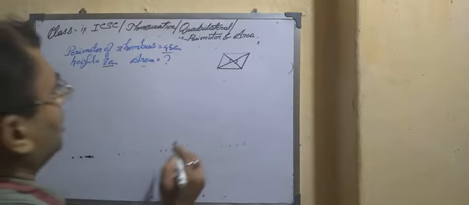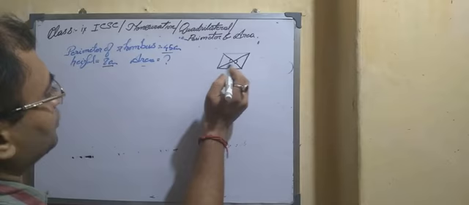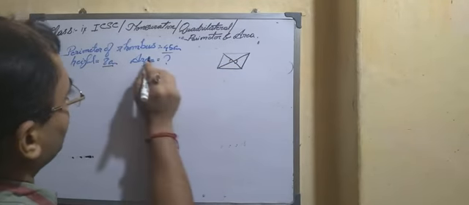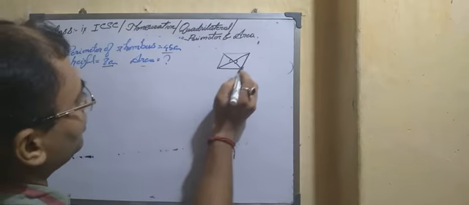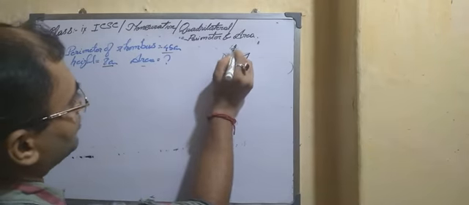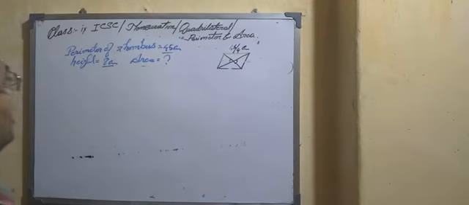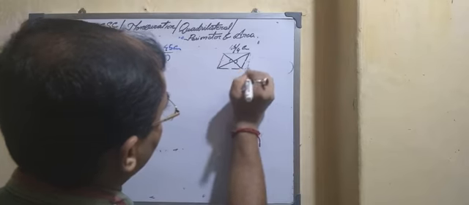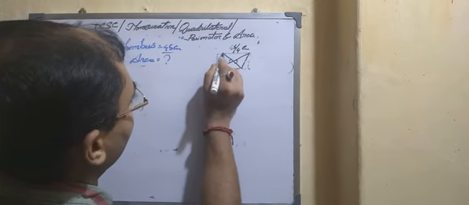So here perimeter is given, that is 45 centimeter, and we know that if we divide the perimeter by 4, we just find out the one side. That means one side is 45 by 4 centimeter. And what is given? That is the height. Height means this, and also you can say this is the height.